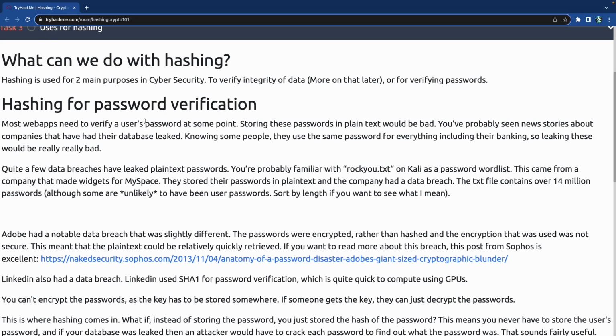For example, if you find a computer at a crime scene and you want to make sure that the computer isn't tampered with as it goes along the chain of evidence, or chain of custody is what they technically call it, then you get the original hash value of that disk image.